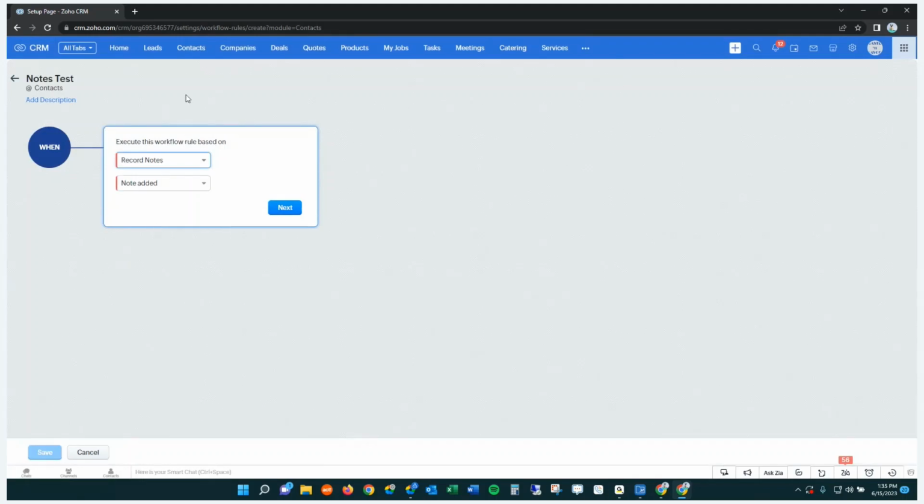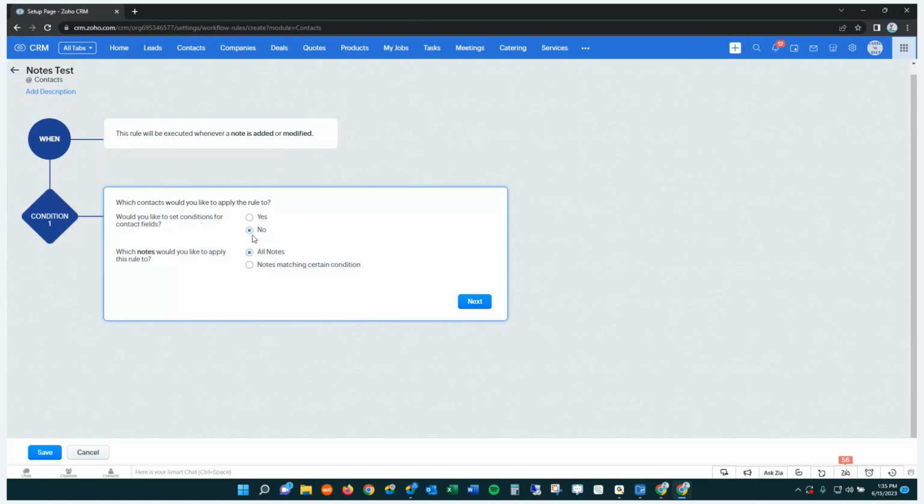I was going at it the wrong way, looking at it like it was the module or a higher level module like some of the other ones that you typically see up here. So we can trigger this from the record notes right here. And we can do this when a note's added or modified, just modified or deleted, of course. So typically added or modified would be a common one here. And then, one of the things we talked about earlier is if you see maybe a negative term, or maybe you see a really positive term, maybe in a note, maybe you want to send a notification to the